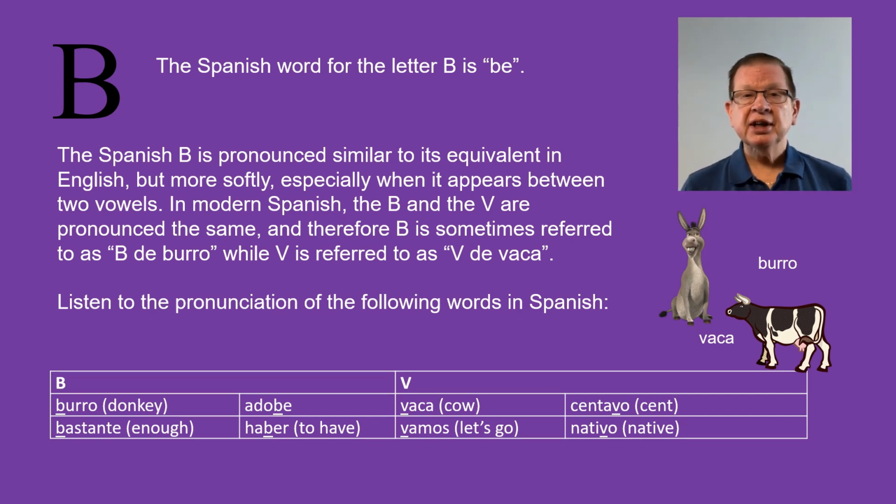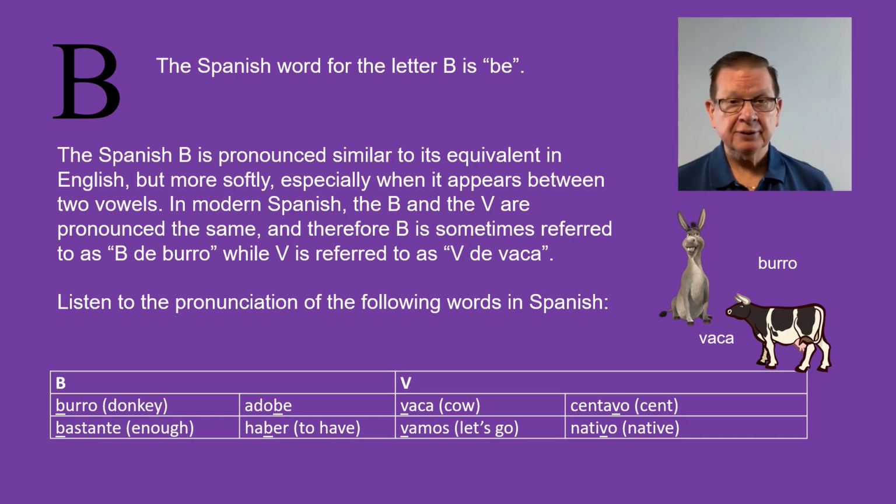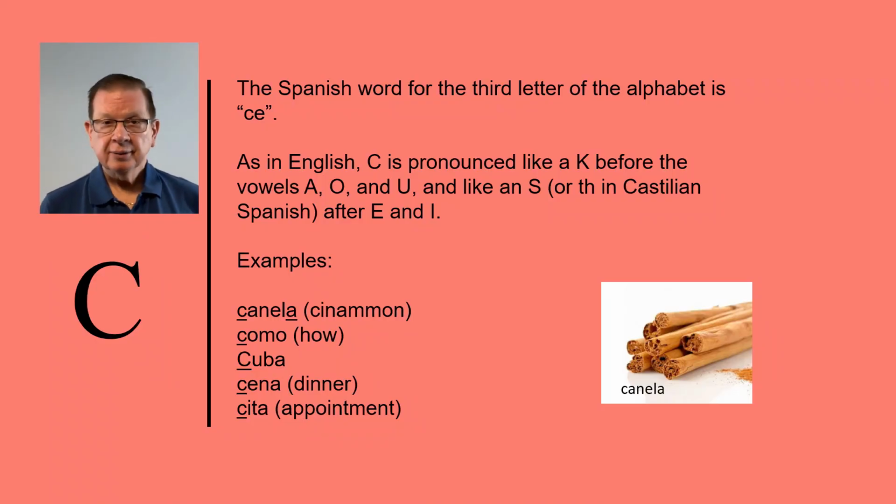Listen to the pronunciation of the following words in Spanish. Burro, adobe, bastante, haber, vaca. Centavo, vamos, nativo. C. The Spanish word for the third letter of the alphabet is C or C in Castilian